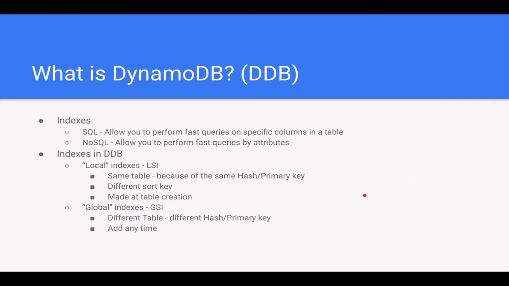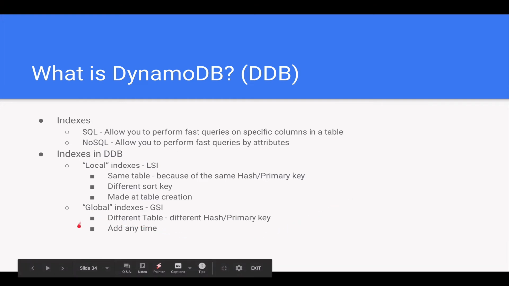So you would be able to use the hash key to get all CS majors and then the partition key to narrow it down to only user IDs that start with 1, 2, 3 for whatever reason. But you can add that at any time, and it is a completely different table technically,